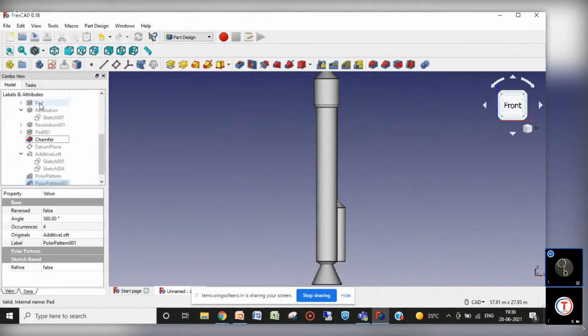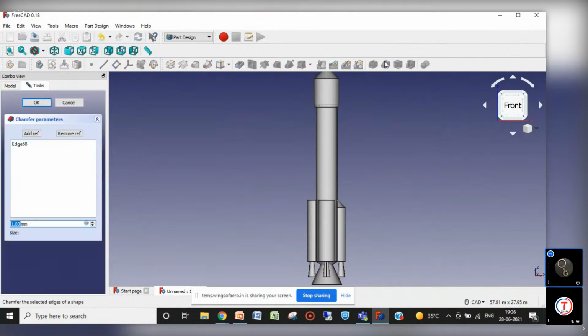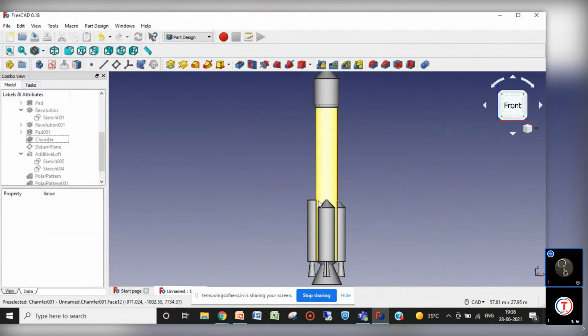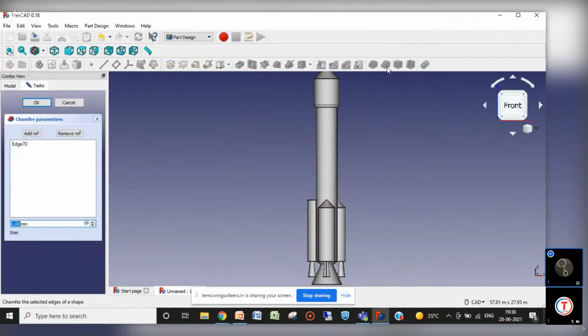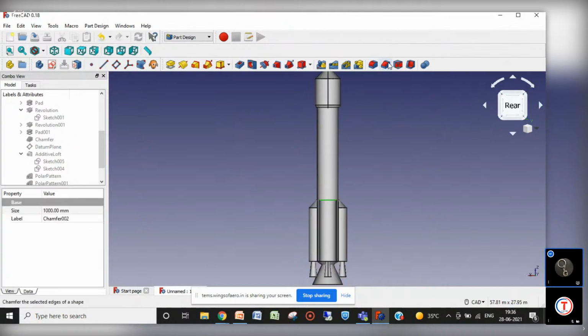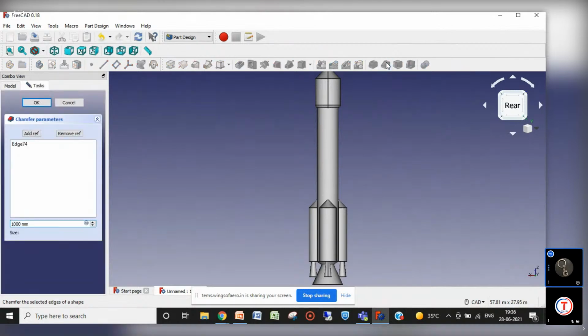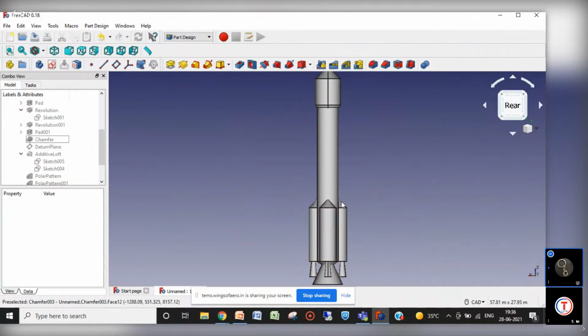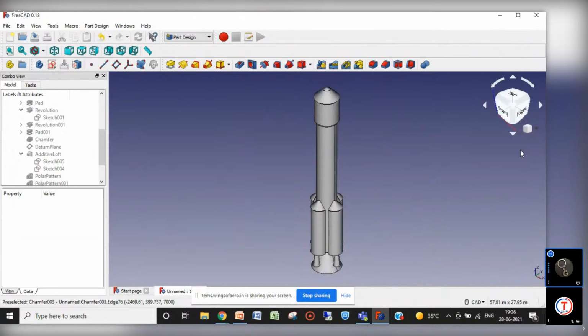Okay, leave it. Select this edge, add a chamfer of 100%. Enter. Select this sketch, add a chamfer of 1000. Enter. Rotate it. The last one, select edge, add a chamfer 1000. Here I am unable to rotate this chamfer command, but if you work in CATIA, you can